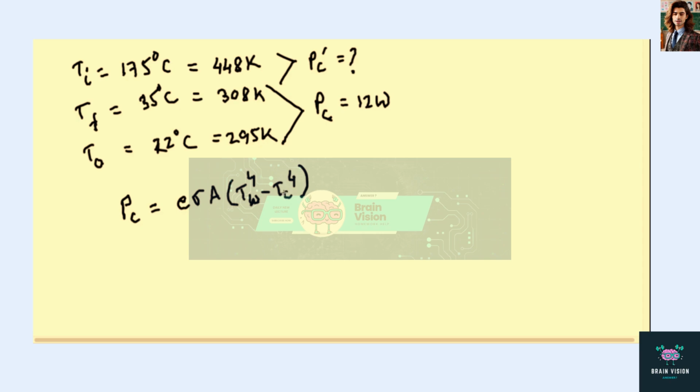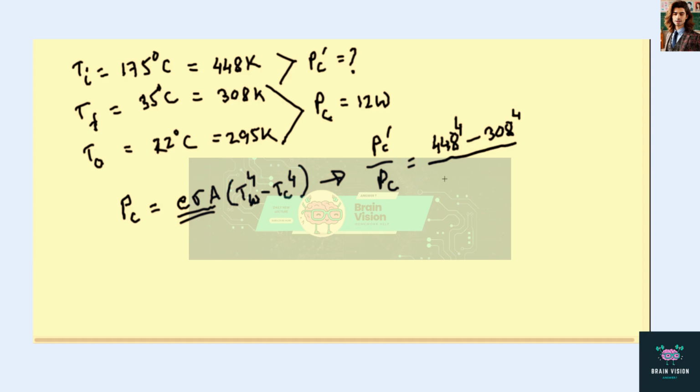So using this formula, if we find Pc prime over Pc, that will come out to be the E sigma A stays unchanged. For the initial phase, it is the warm minus cold raised to the fourth power, so that will be 448 to the fourth minus 308 to the fourth,